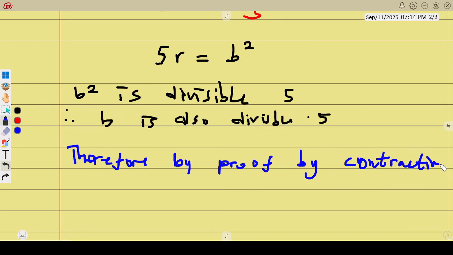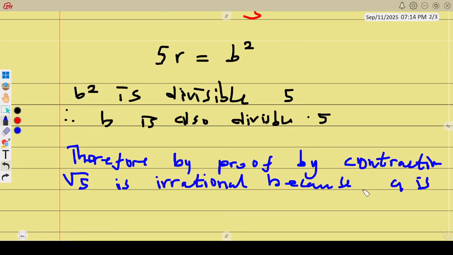So by proof by contradiction, the root 5 is irrational. So for me, the way I took this one, you just master the steps, that's all. Root 5 is irrational. Why? Because